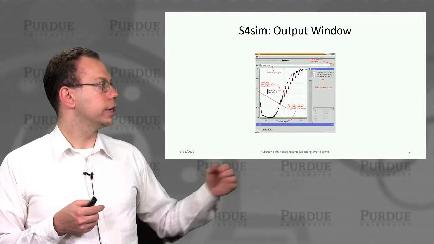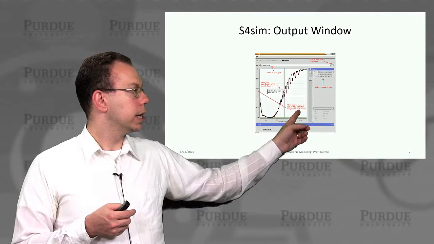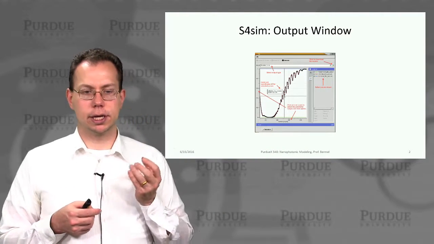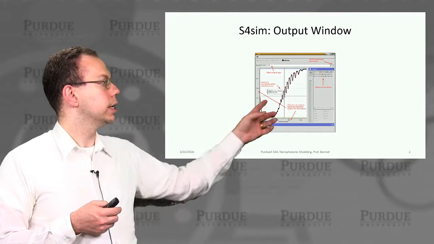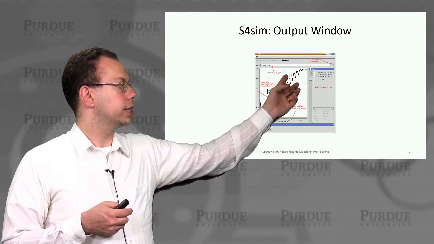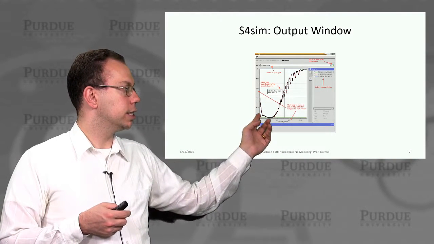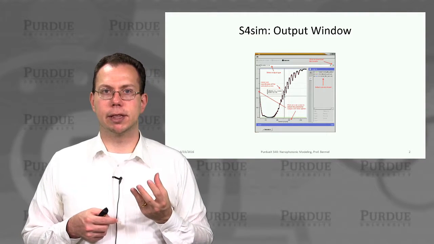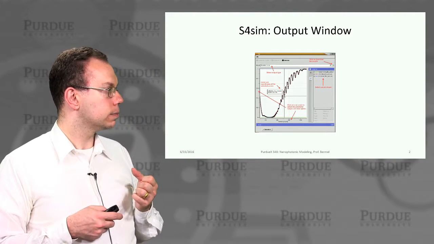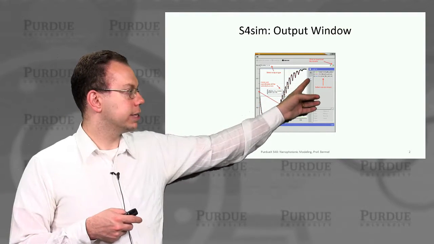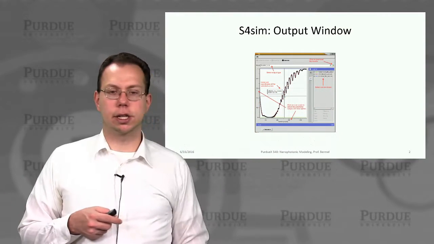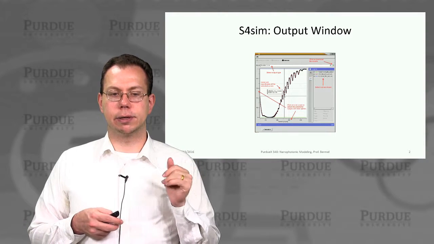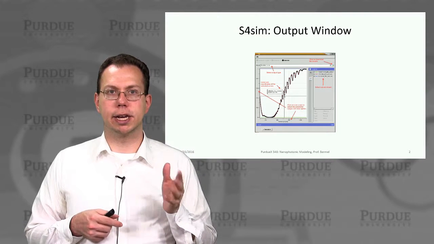This is showing a reflection spectrum. And you can see that there's an x-axis, which is the wavelength, in this case in nanometers. And so we would see the reflection experiencing a very large dip in a certain range of wavelengths, which is maybe in the blue in this particular case. And we actually have several different lines in this line graph, and we can selectively add or subtract these different lines depending on our needs.